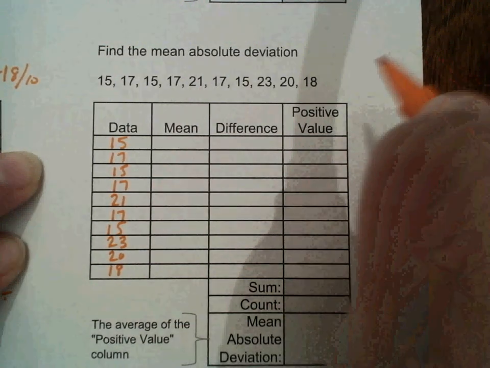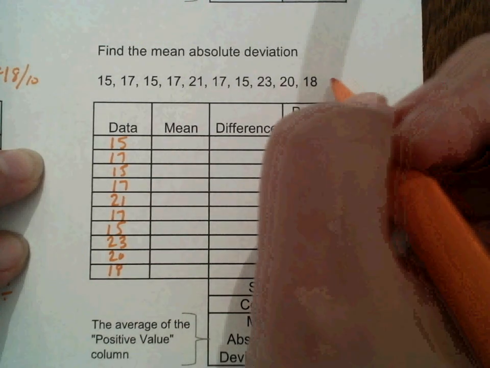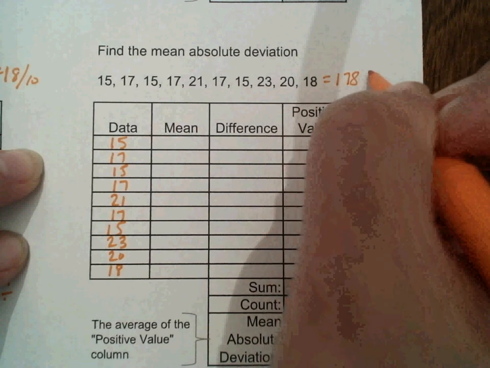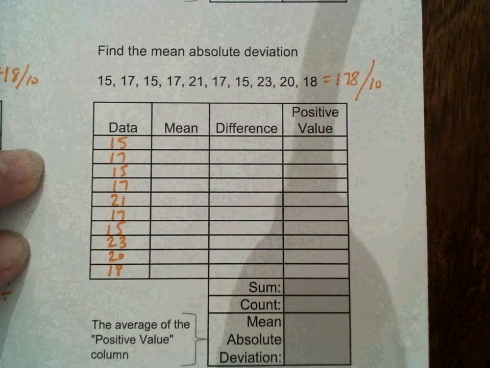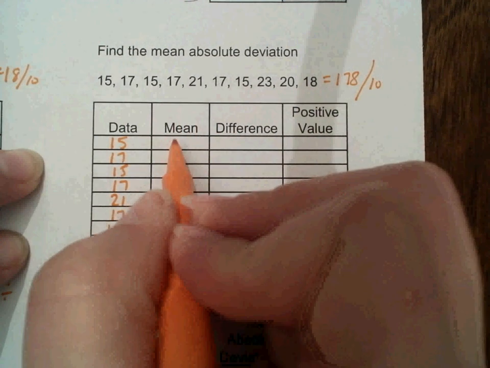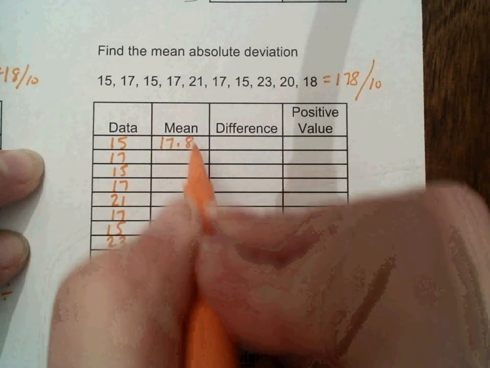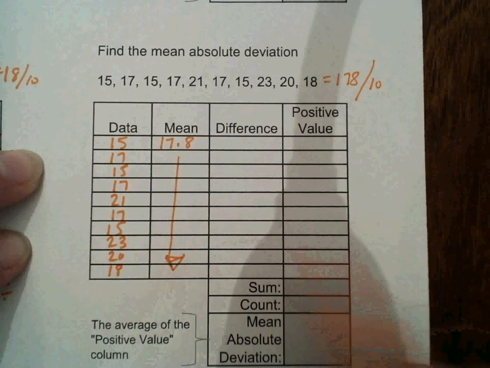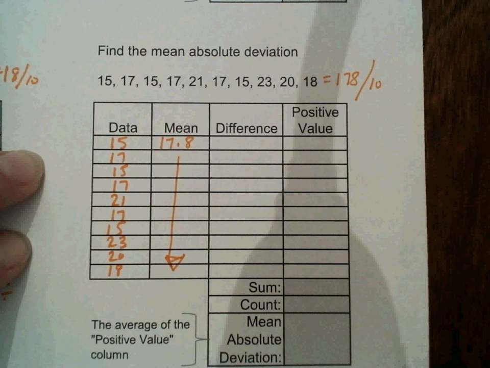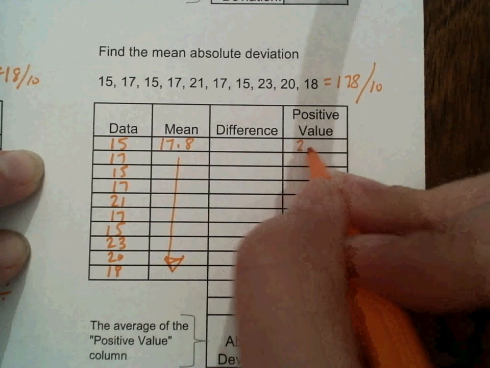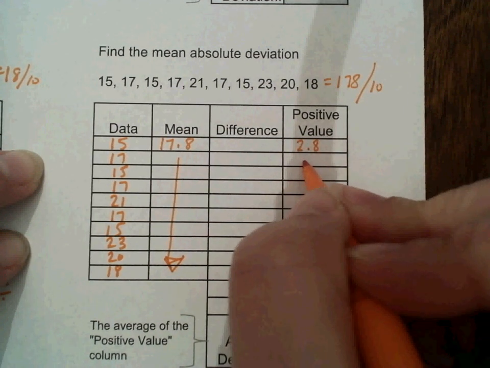The last one, I'm going to rewrite my numbers. When I add all these up, I am left with 178. I have 10 numbers, so I'm going to divide by 10, finding the mean. So I'm left with 17.8. So I'm going to subtract that from all of them. Turning them positive, I get 2.8, 0.8,